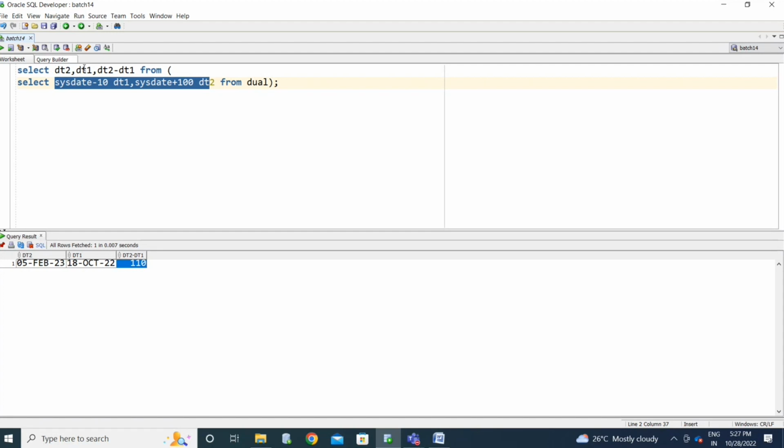But for some months you may get 31 days, for some months 29 or 28 days. So you cannot treat every month as a 30-day period, right? In this case, you can go with months_between D2 comma D1.